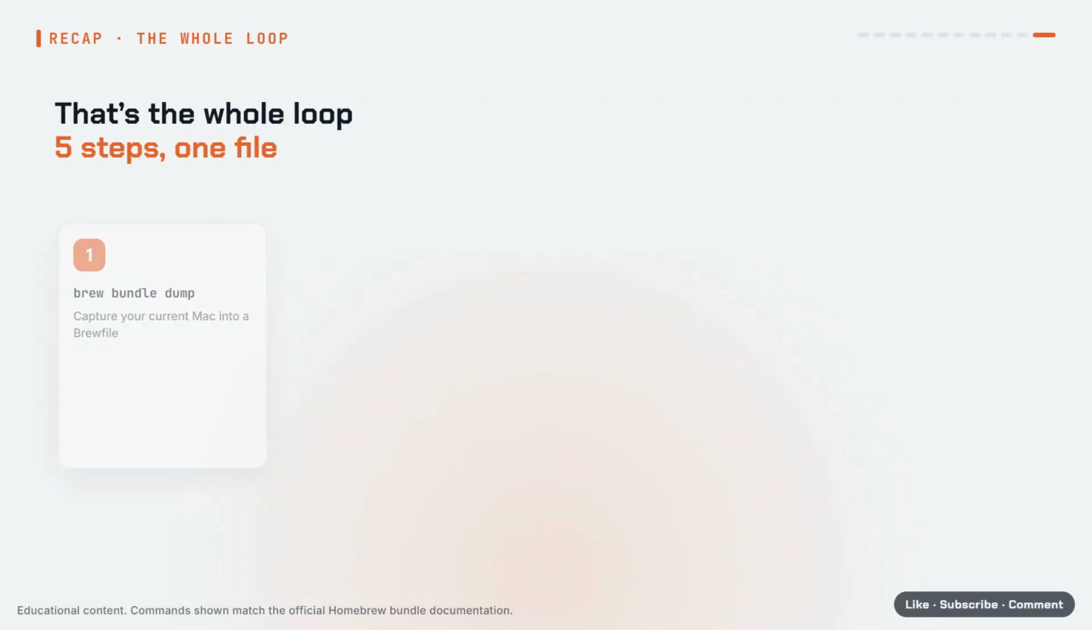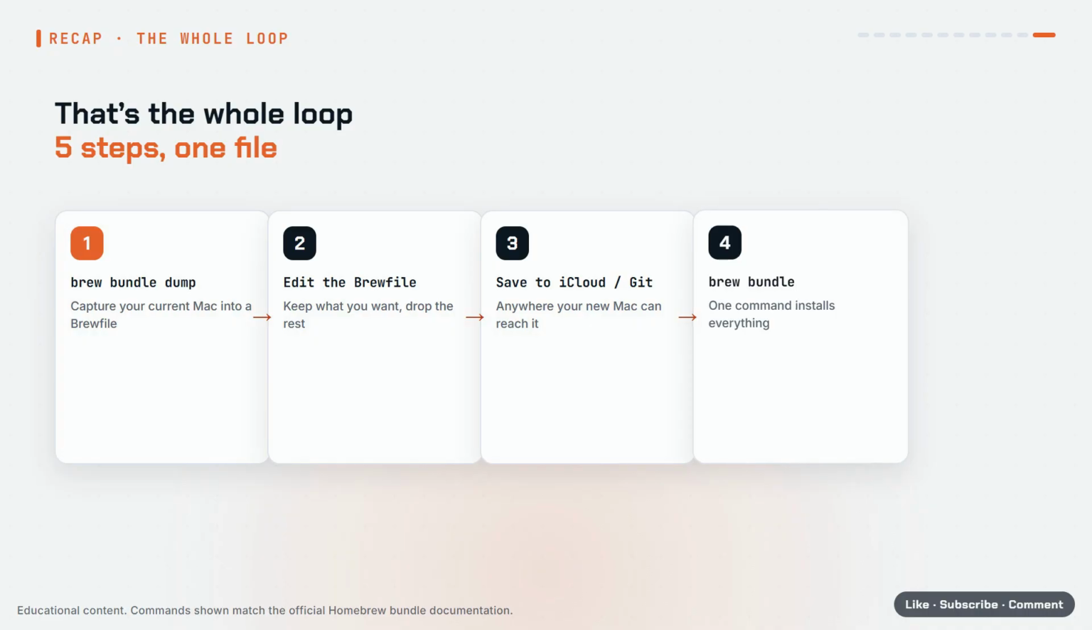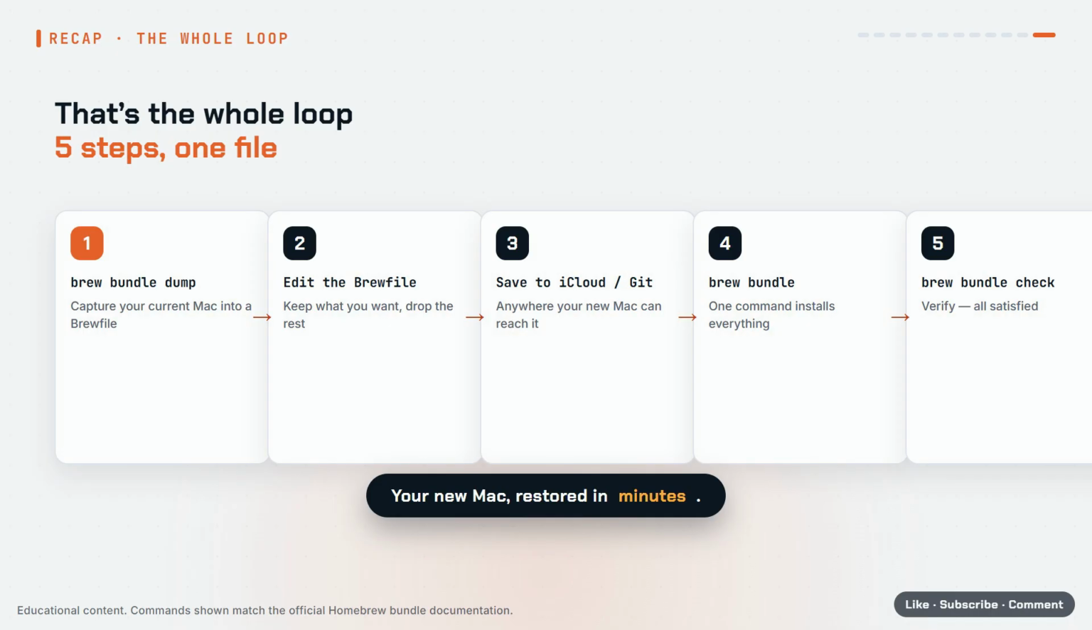That's the whole loop. One: dump. Two: edit. Three: save. Four: bundle. Five: check. Your new Mac,